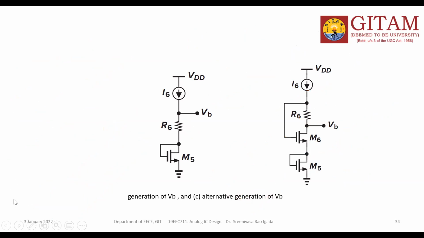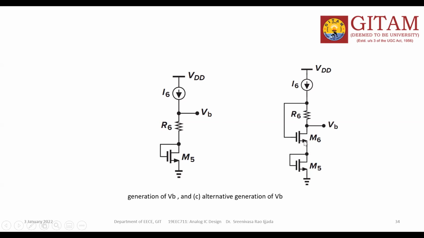Clear? In the first circuit, 2 issues are there. With the second circuit, we are unable to overcome that. With the third circuit, yes, we can. But look at this configuration. This is the alternate generation of the VB. If you generate the VB like this, it is not, I think, accurate. But this is another circuit. By this way, you can make it accurate.